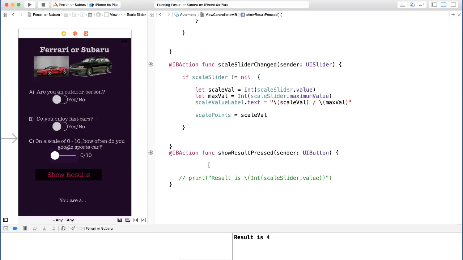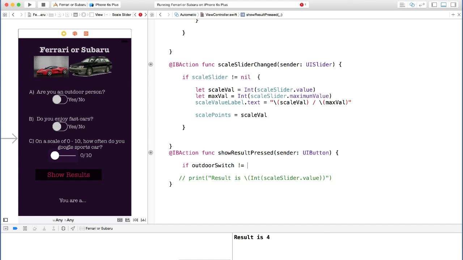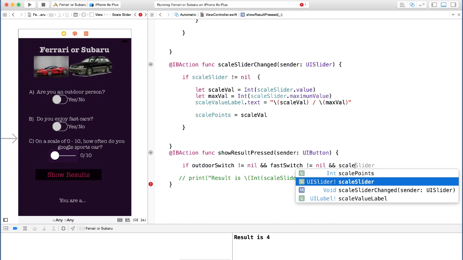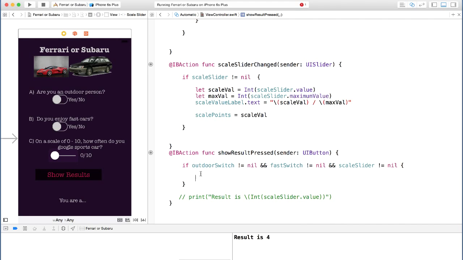So just to be safe, we say if, let's start with the outdoor switch is not equal to nil, and fast switch is also not equal to nil, and scale slider is not equal to nil. Only then do we proceed and do our logic. Inside here is when we are going to start computing things.